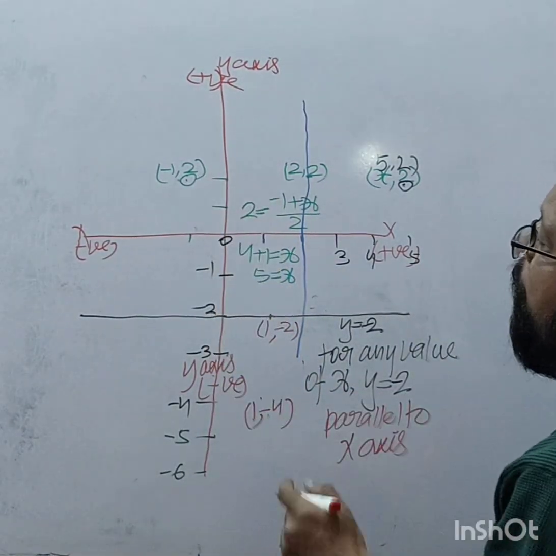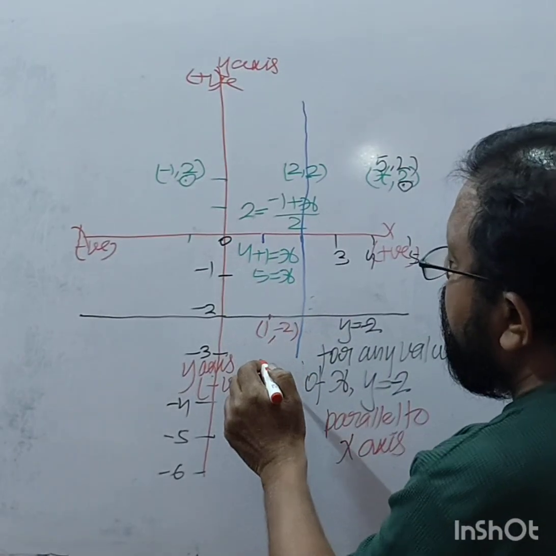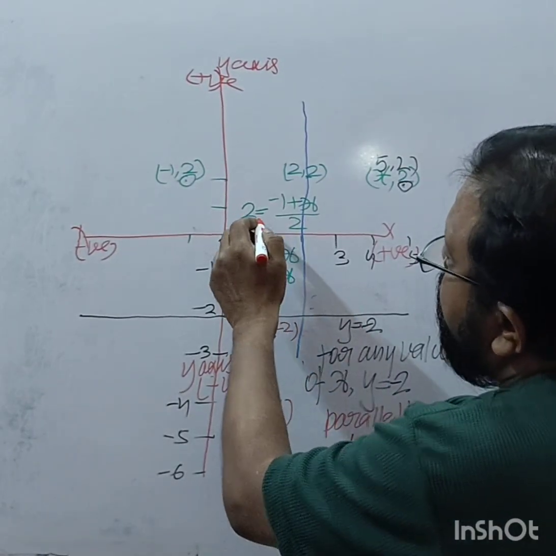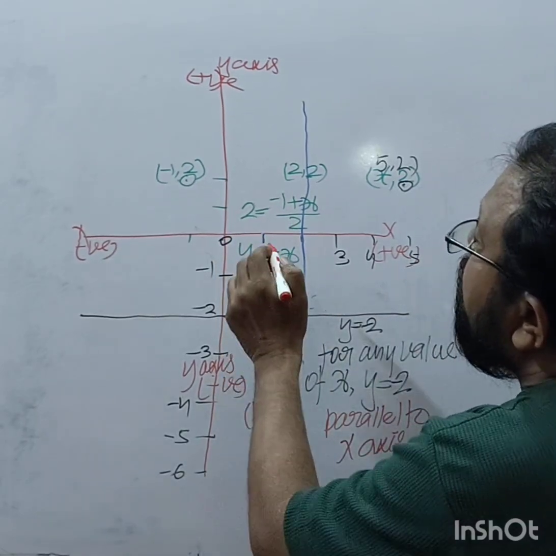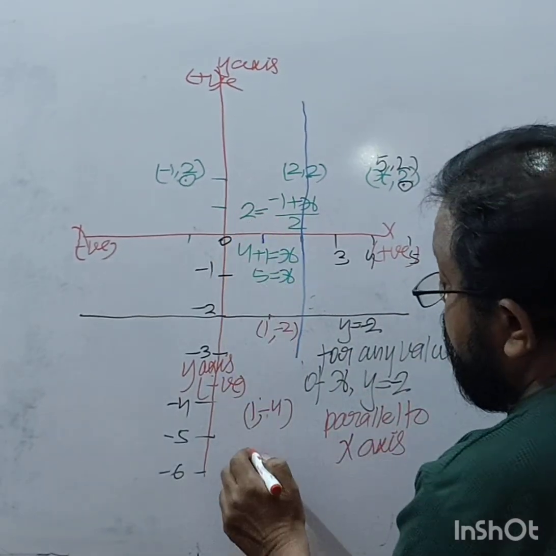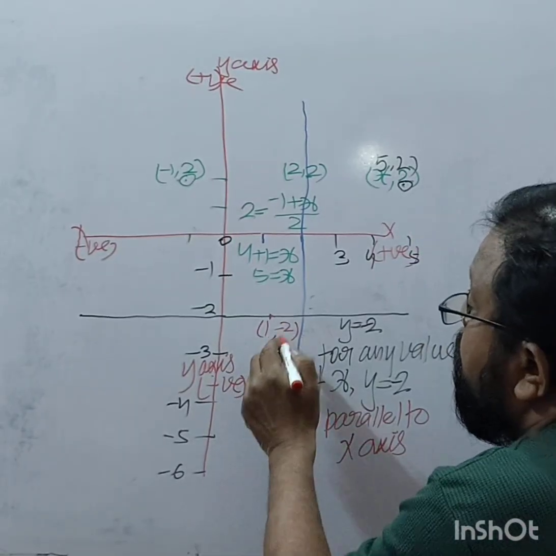So what will be the point of this line? Again there will be 1, but what will be the coordinate? So we can write, that is again minus 2